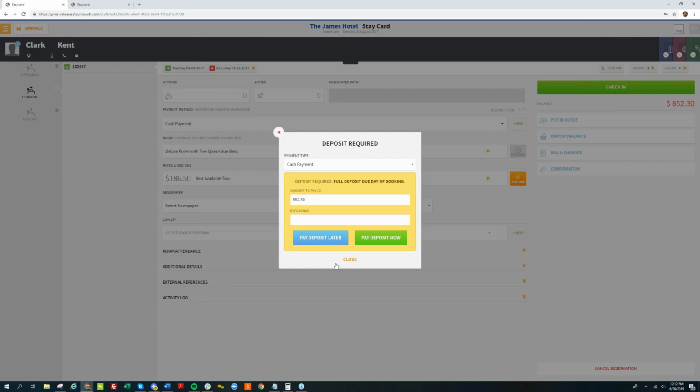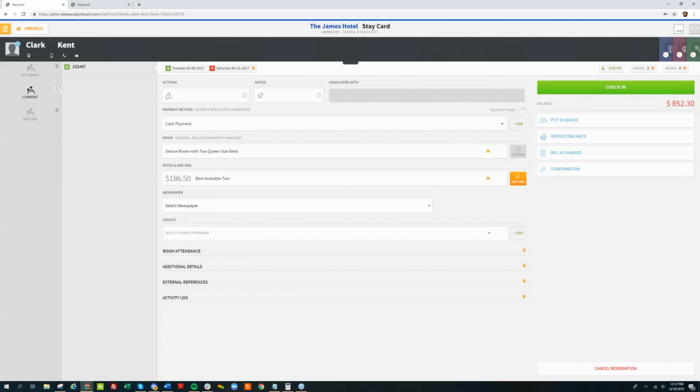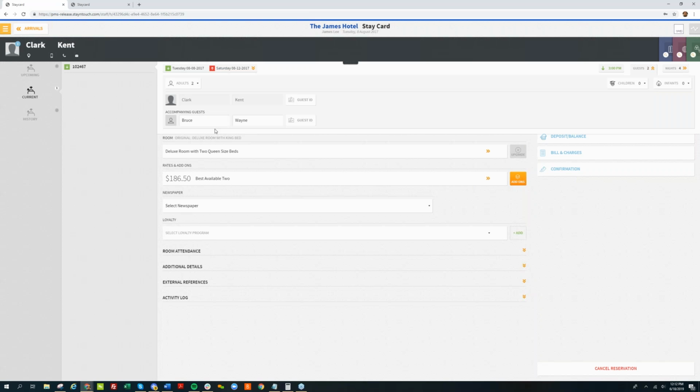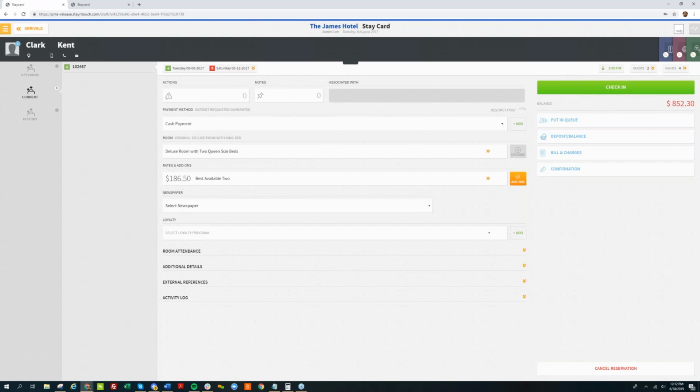I'm going to go ahead and ignore that deposit rule. If I go to my guest up here at the very top right, I can see that Clark Kent is sharing with Bruce Wayne. And let's say they want to go ahead and split those charges with each other. If I go into bill and charges here,